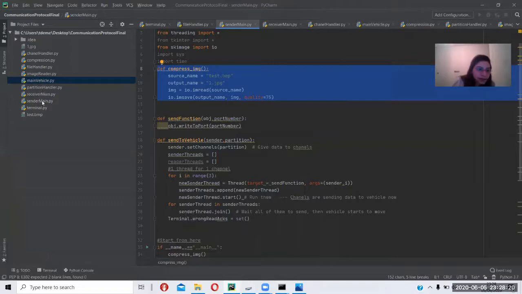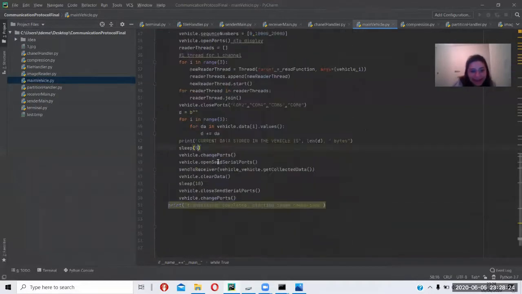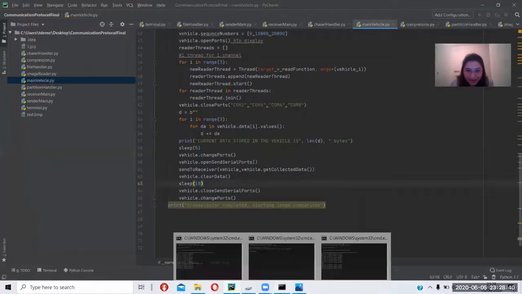As you may see, where's my vehicle? There's my vehicle, right? See here, sleep. Oh, I forgot this one. Okay, this one here is only 5. This one's still at 10, which I found to be very long, so I'd already changed it to 5. But it's okay. We'll just go with the 5 and 10.